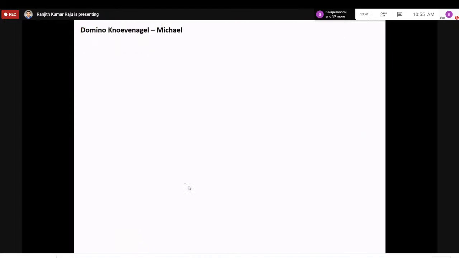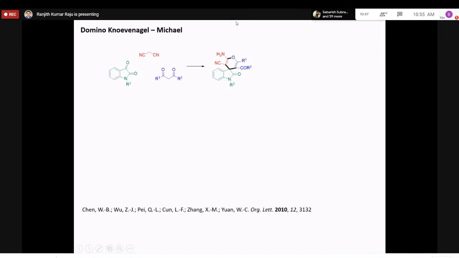And here is one example which involves the initial Knoevenagel followed by Michael addition. So this was reported in JOC in 2000. Organic Letters in 2010, and it's a three-component reaction which affords the spiropyran derivatives. Now, how does it take place? So you can see that you have all the three components here,